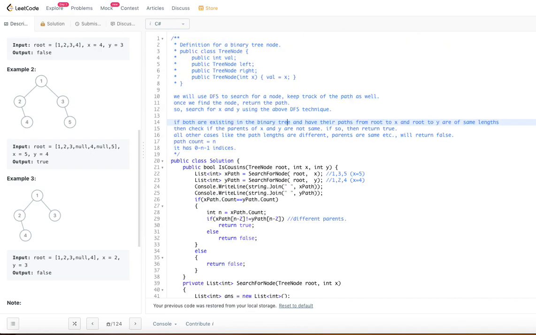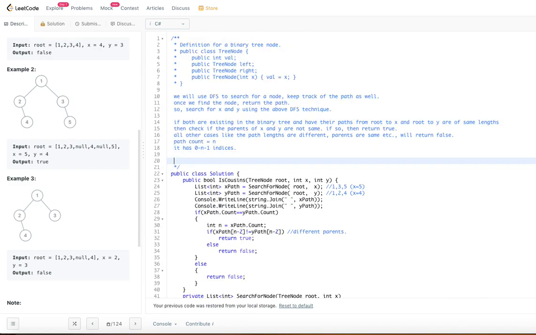So let's go ahead and look at the time complexity and space complexity for this algorithm. So time. We are doing the search for given nodes x and y. Let's say there are n nodes in the binary tree. Since we have to search all the nodes, the search will be done 2 times. So order of n plus one more order of n, because we are doing 2 searches, x and y. And once we have it, this is a simple comparison.